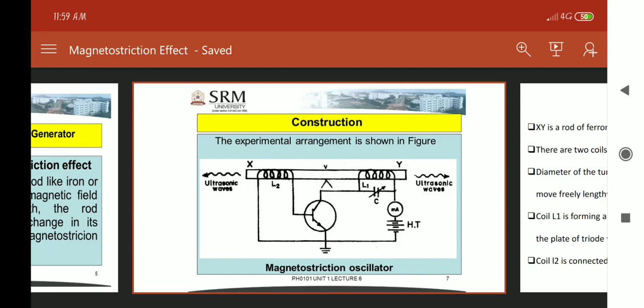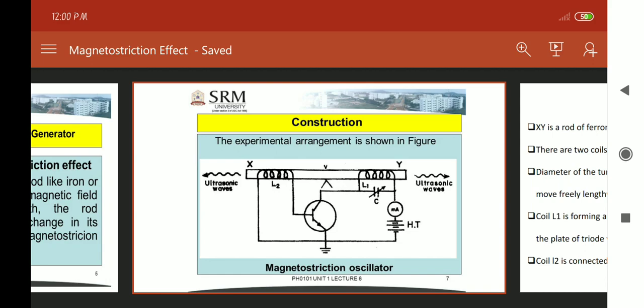One more time I will discuss the construction. In this figure, XY is the rod made of ferromagnetic material. The coils L1 and L2 are wound on that rod XY.